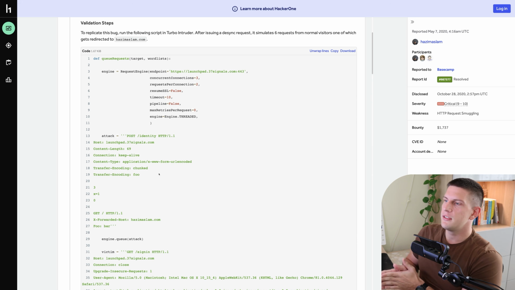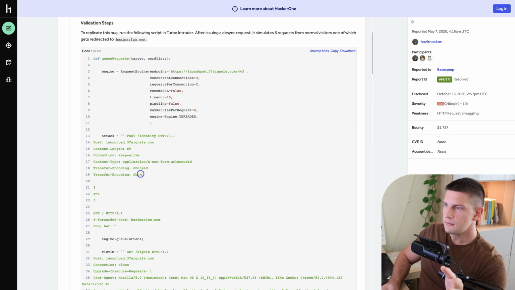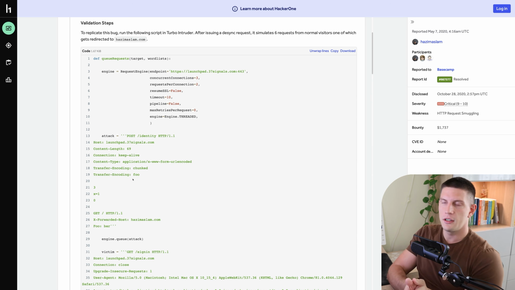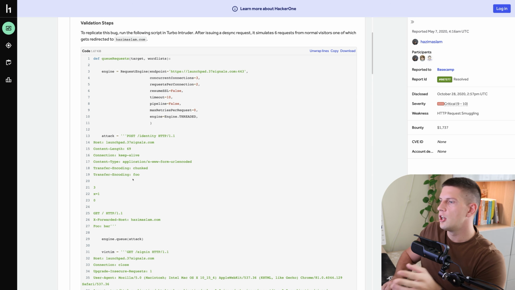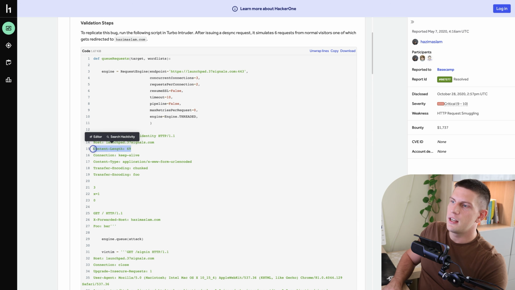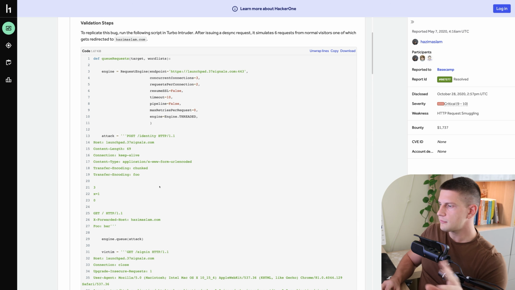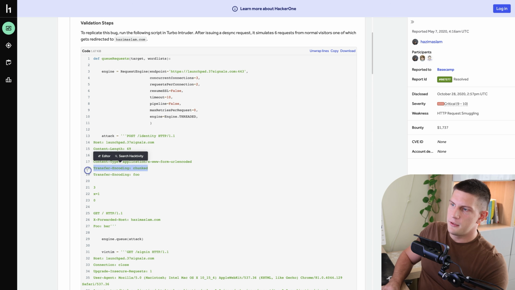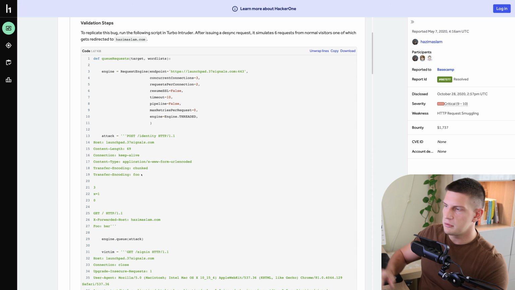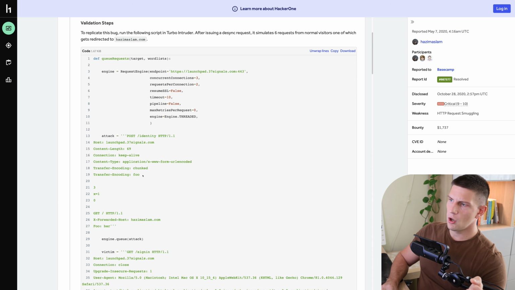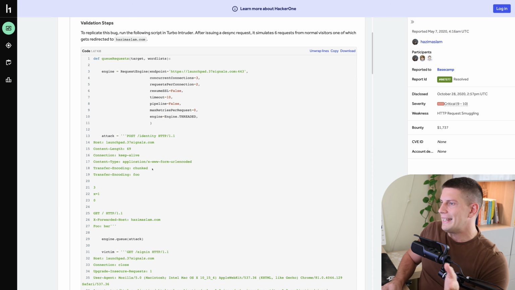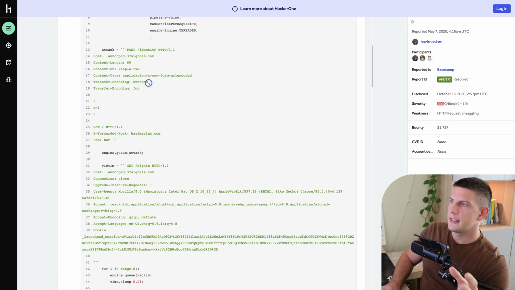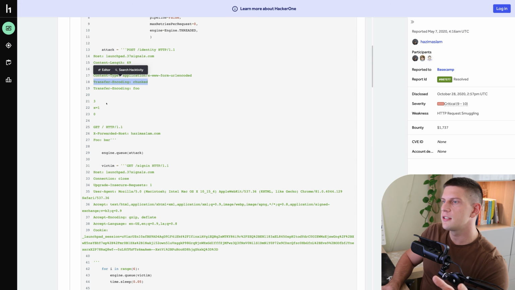So I assume what happens is one component only takes the last value of transfer encoding, sees that it's invalid, so it instead decides to use the content length header, and the other component either just takes the first value of the header when there are multiple headers with the same name, or maybe combines these values together, but one way or another, it does see the transfer encoding header, and the component that sees the chunk transfer encoding